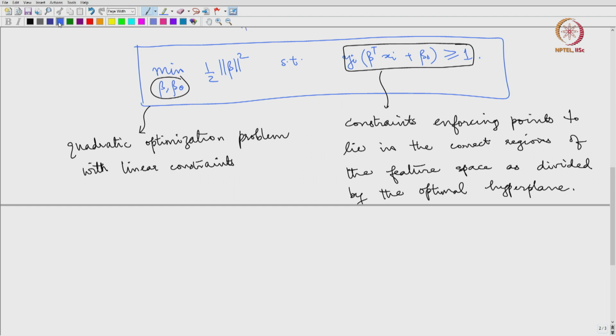So, let us see how that is done. So, once the optimal beta and beta naught, right, the weights and the biases of the model are obtained, any new point can be classified